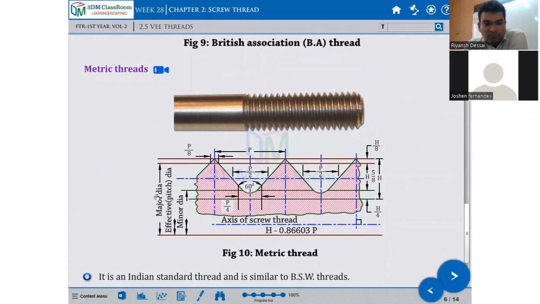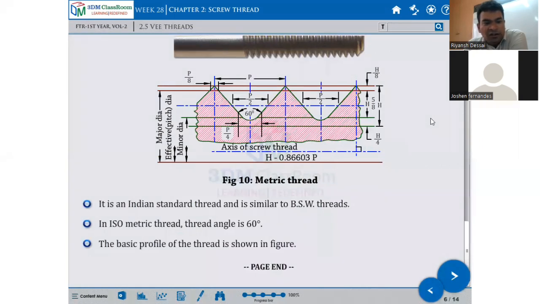major diameter, effective pitch diameter, and this is the minor diameter from the bottom, the root, to the center, the axis of the screw thread. One thread and its mirror on the second side make a circle, which we call double depth. It is an Indian standard thread and is similar to the British standard